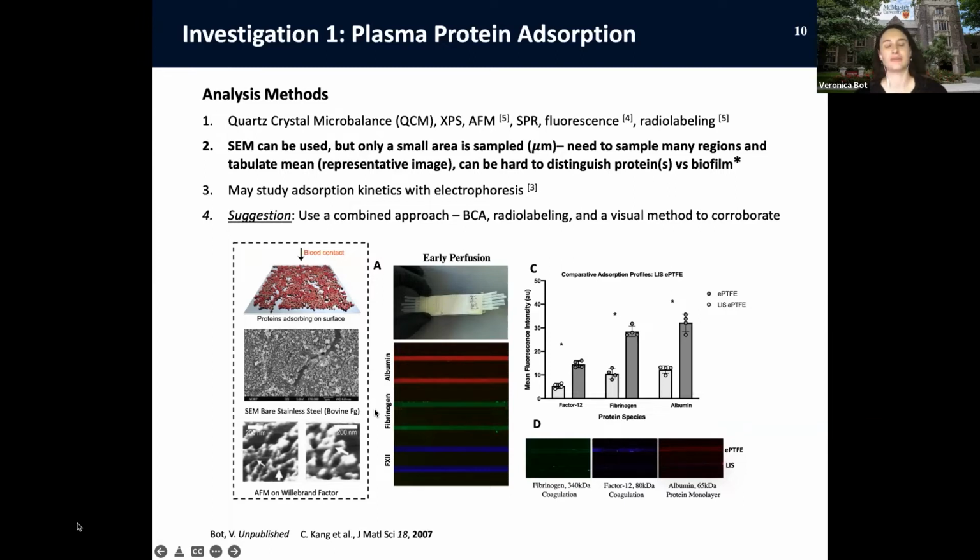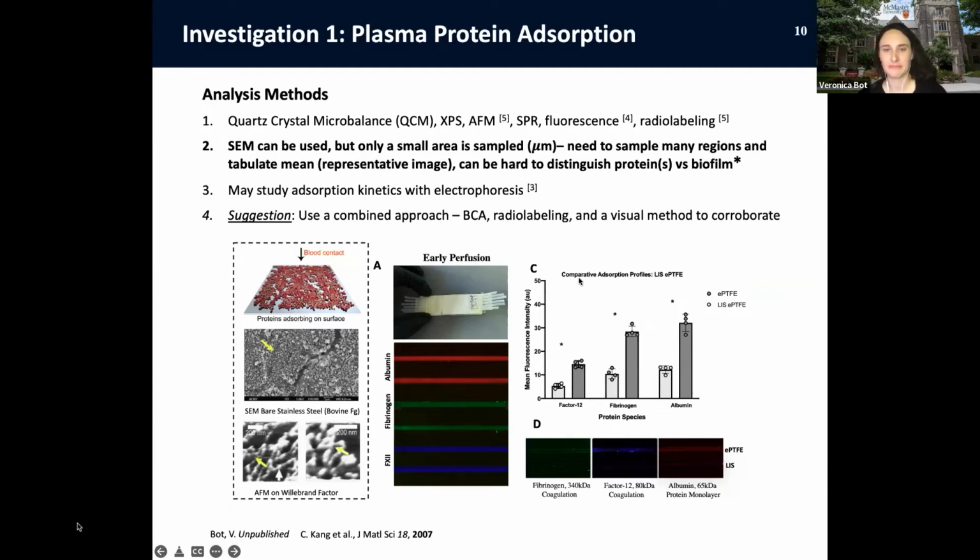Again, we have this issue of interpretation. It's very difficult to say which species have adsorbed here. What exactly is this layer here? If you had a purified solution or purified perfusate with a single protein species, interpretation could be easier, but in general, it could be quite challenging. So to sort of avoid this confusion, I would suggest using a combination of approaches such as the ones I've listed here, and really gaining as much data as you can, very diverse data, and really construct a very strong and coherent story.